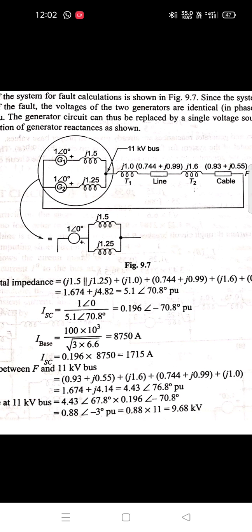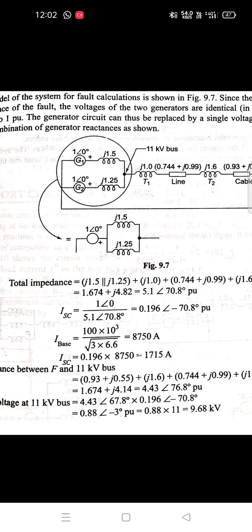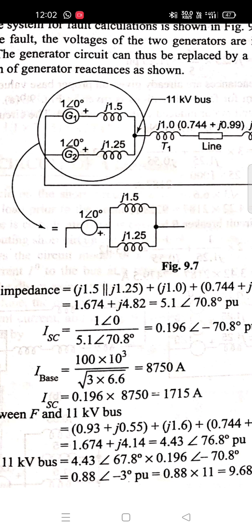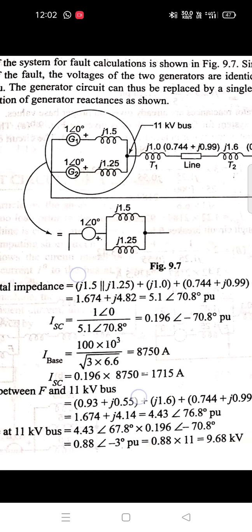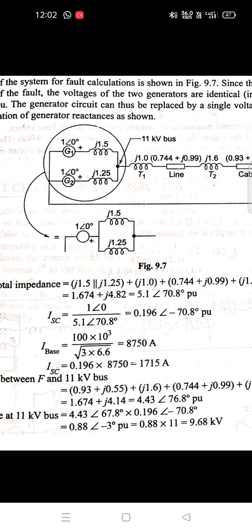So for fault current, voltage divided by total impedance. Here we have to keep in mind that we are doing this in the per unit system, so we cannot directly take this 33 kV. We have to use 1 at an angle 0. Why? Because we are using the per unit system. So the base voltage for per unit is 1 at angle 0. So 1 at angle 0 divided by the total impedance which we get. The final result is the short circuit condition, the fault current.